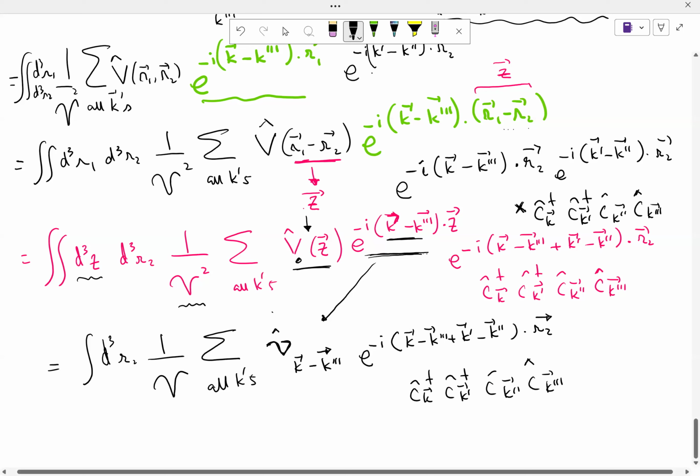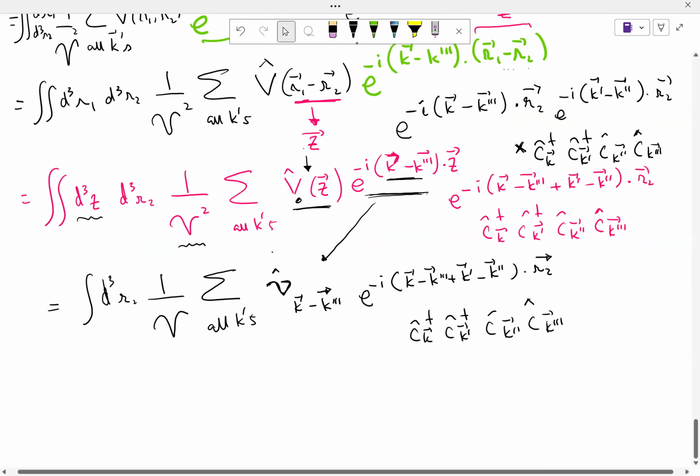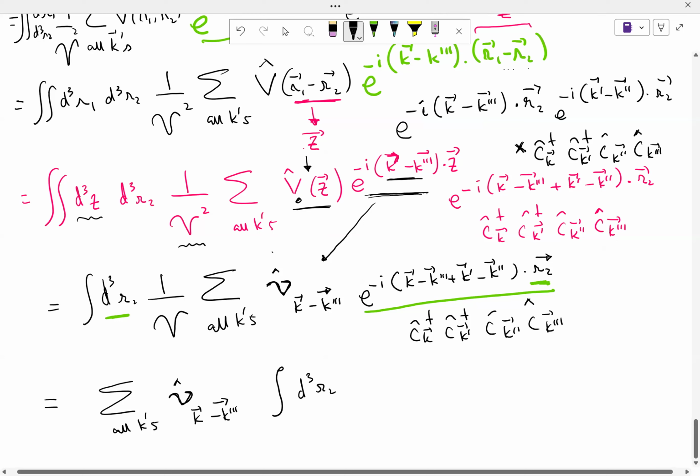Now, as you can imagine, things get really easy here because only this is the term that has an R2 in it, and I need to integrate over R2. So what I do next is I change the order of things a little bit. I have the sum over all k's, V, the Fourier transform at k minus k triple prime, and then I take an integral d cube R2. I prefix this with a volume, E minus I, this giant string of k's,